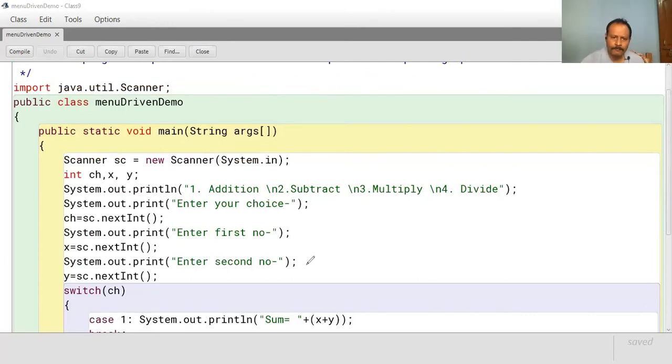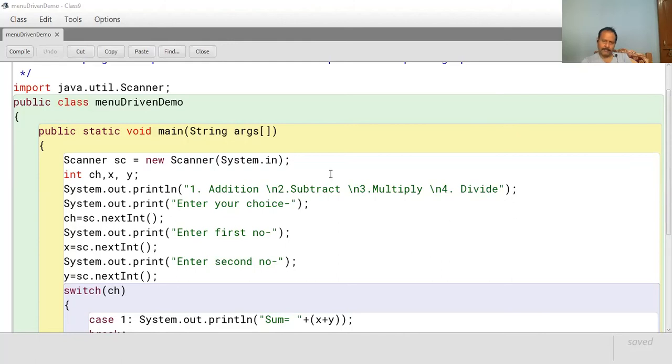Now, the rest is fine, there is no problem. Okay, that's all with the inputs. So now you have understood two different methods of taking input, one through the BufferedReader with the InputStreamReader and another through the Scanner.